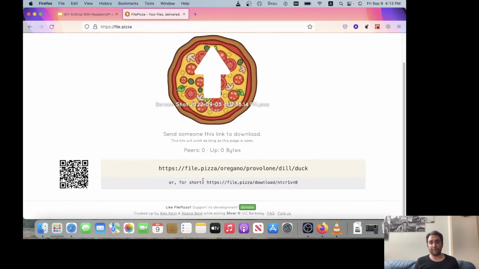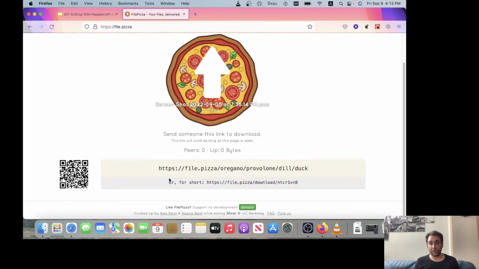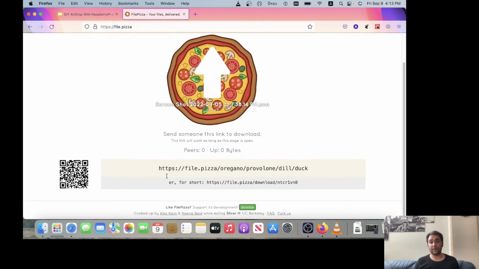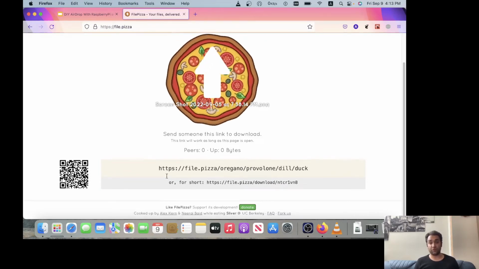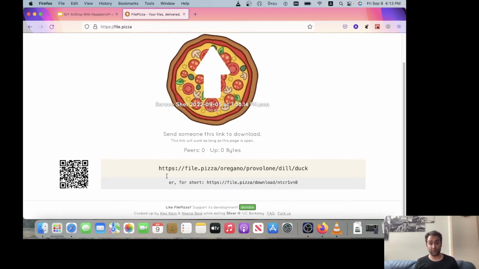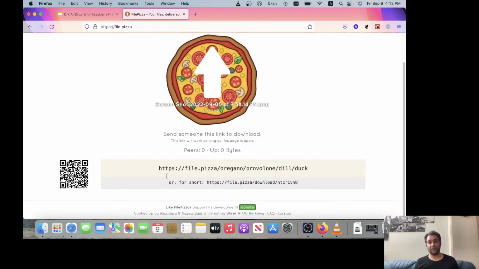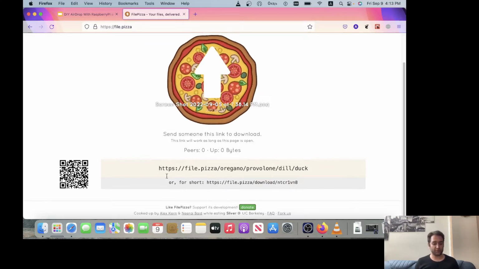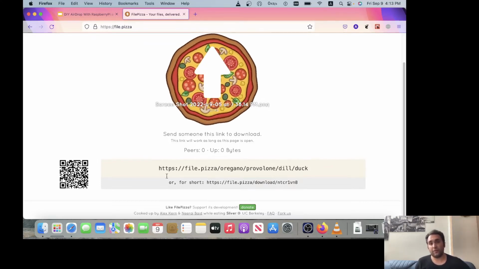Then this file becomes shareable, but it doesn't upload to the server because, as I said earlier, this connection between your devices is going to be peer-to-peer. The file will be sent directly from one browser to the other browser. Okay, now let me